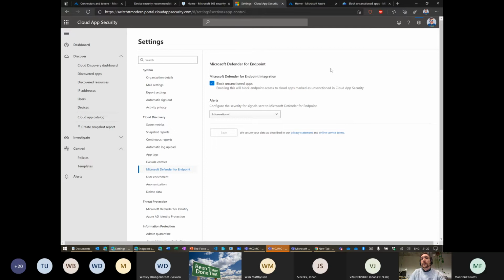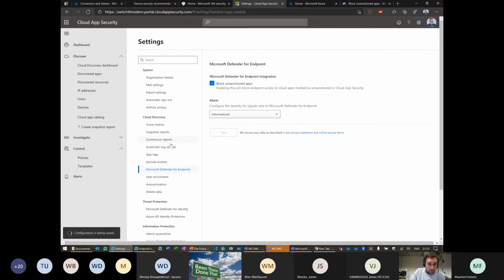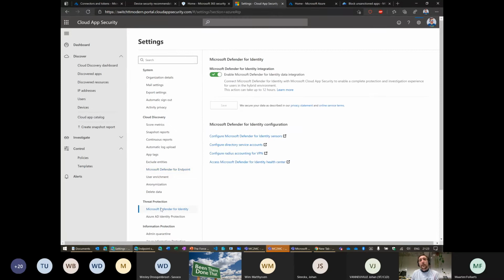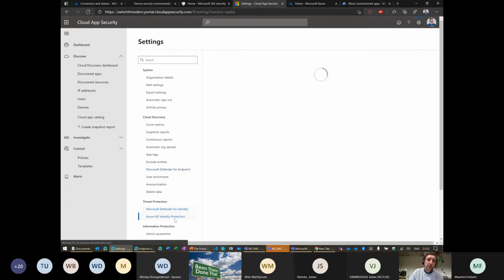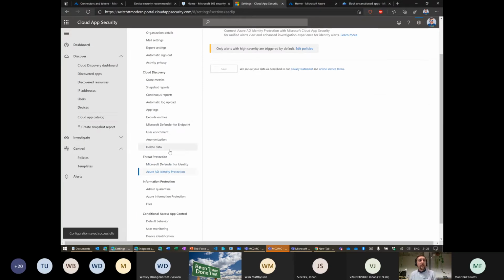We want to block unsanctioned apps. If we don't flip this switch and we unsanction an app, it won't be blocked. So make sure this is here. But like here, Defender for Identity, we want to integrate it, the data integration, Azure AD Identity Protection. You can flip all those switches and integrate those products together.